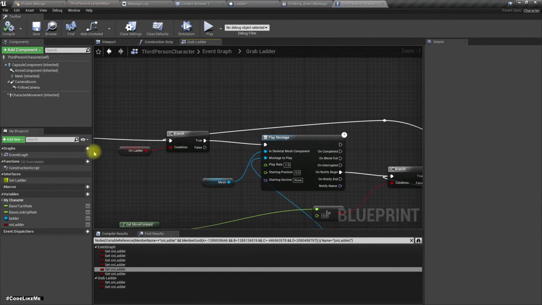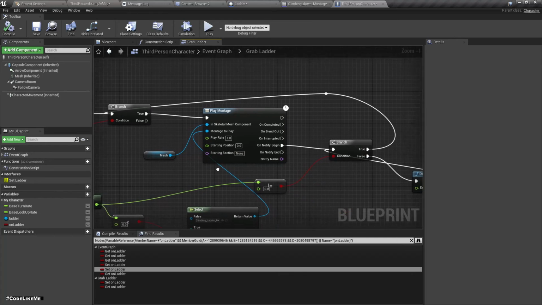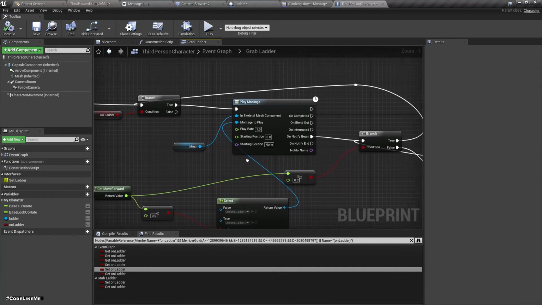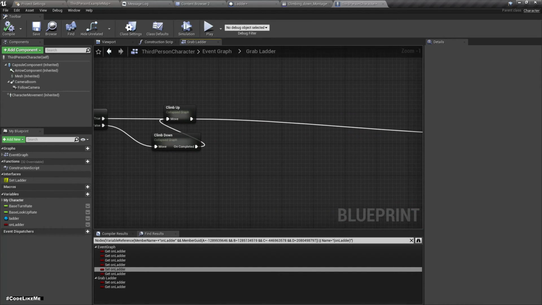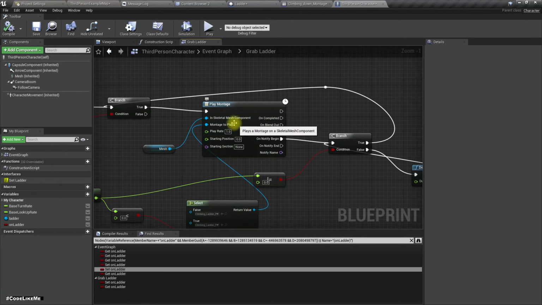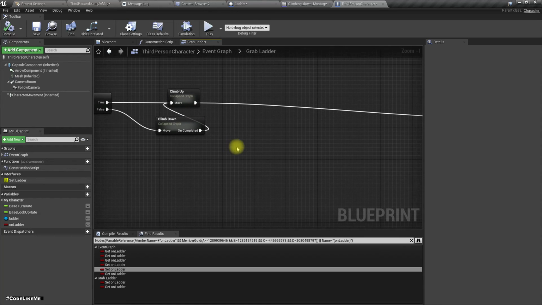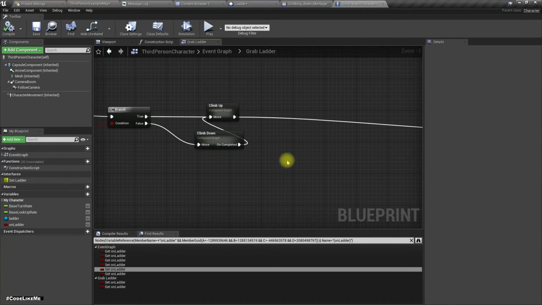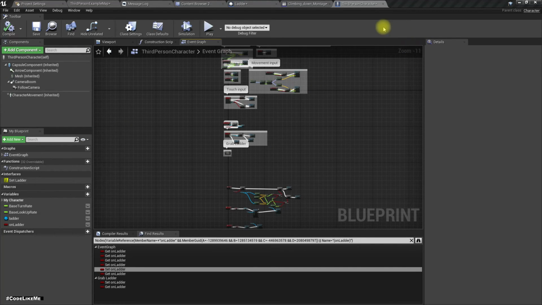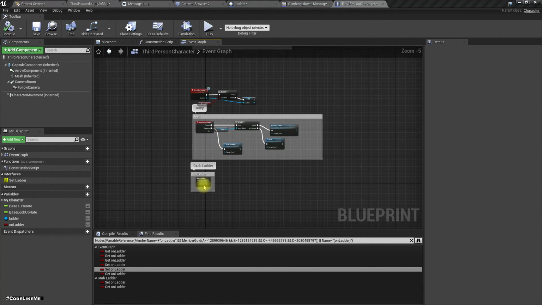Here, immediately after climbing down, I play the climb up animation. So in this case I should play the climb down animation. So okay, to fix that,